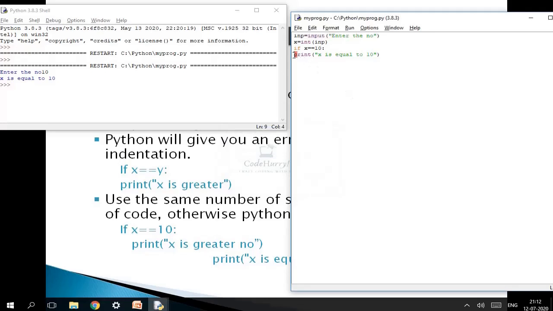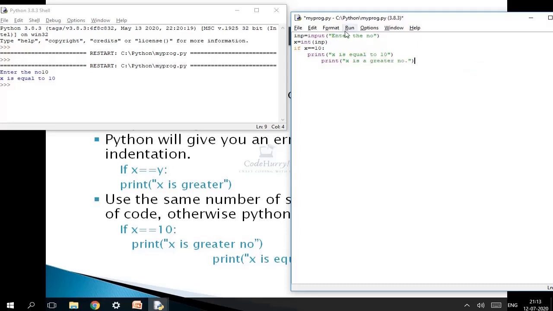Now suppose I again give the tab space as an indentation, and within the same block I write something else also, but with a different indentation, a different number of tab spaces. I'm writing here x is a greater number. So let's see what happens here.